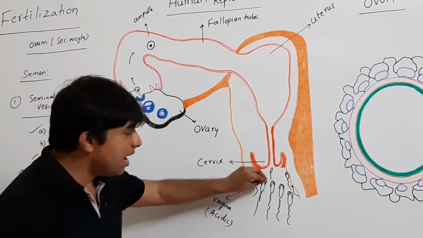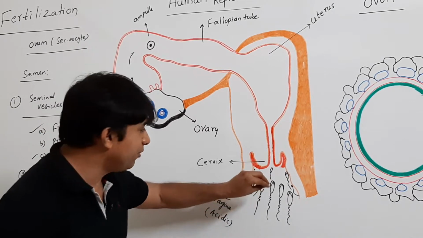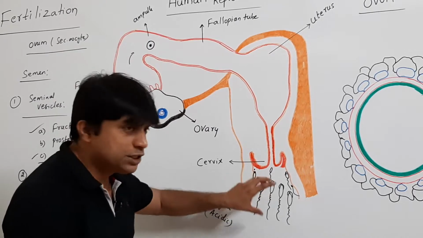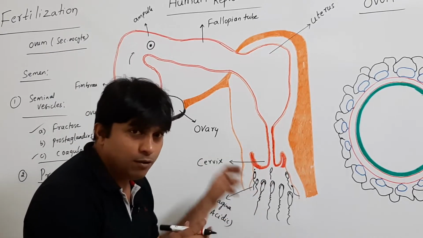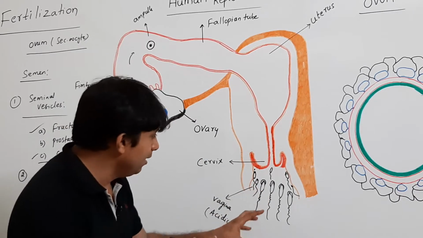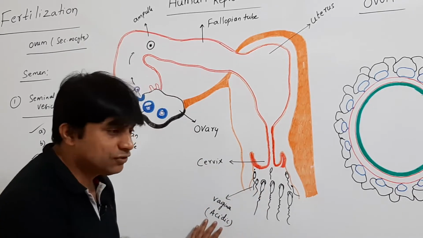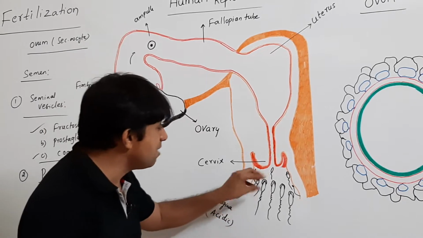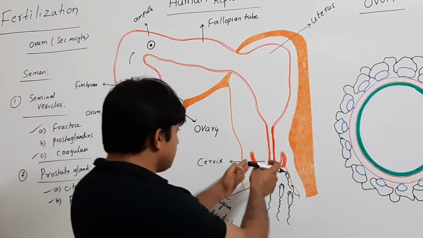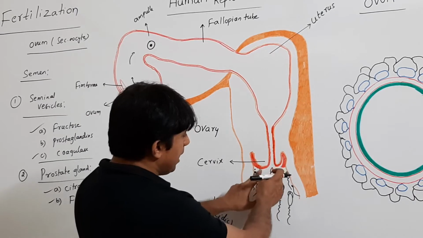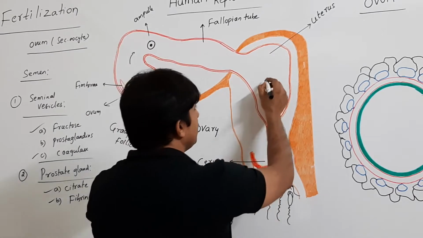So this is the most unfriendly environment for the sperm. Of the millions of sperms that are produced by a normal healthy male, many will die in the acidic medium, because the vagina is a highly unfriendly environment for the sperm. Once the sperms cross the vagina, pass through the cervix, and enter into the uterus,